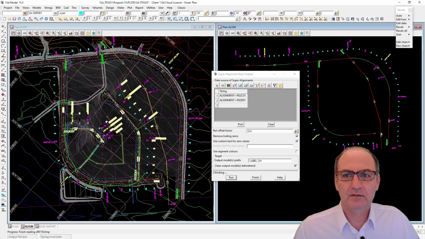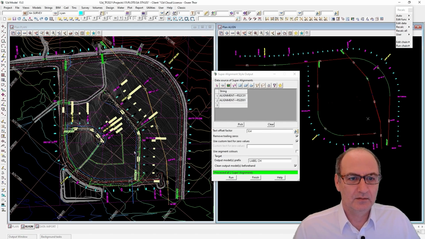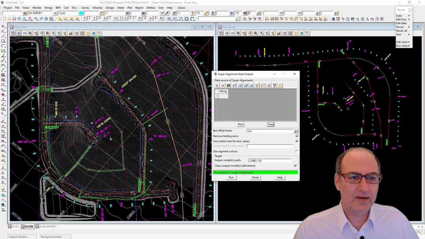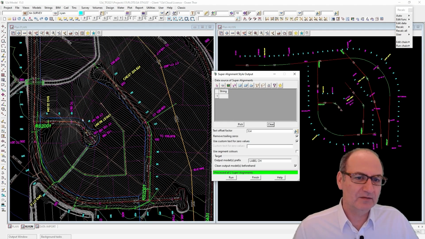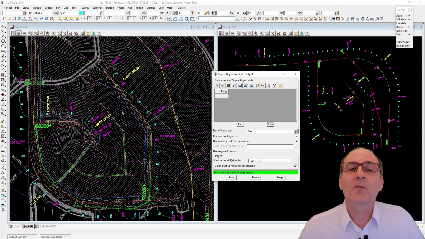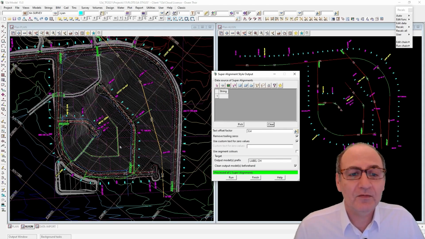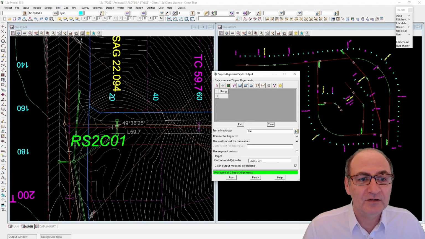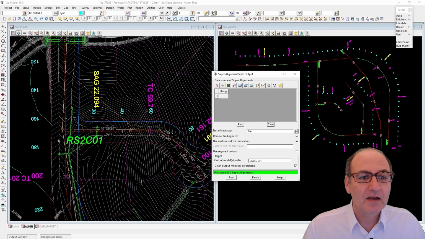Run, and that's probably going to look okay, and clear up that. We can see what we're looking at. Maybe that's a little bit too close there, but okay, once we've got the basic offsets in place, you can see at the beginning of every road we're not seeing the 0, 0 chainage there, but all of these elements